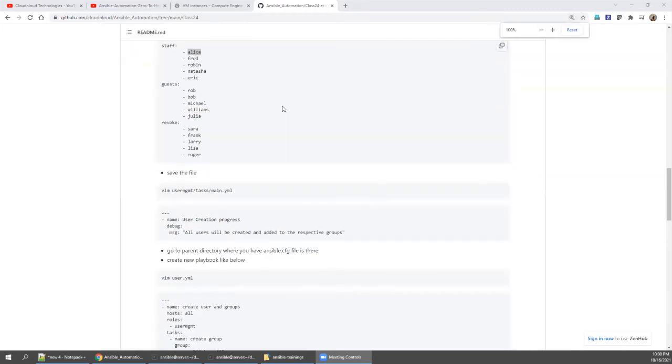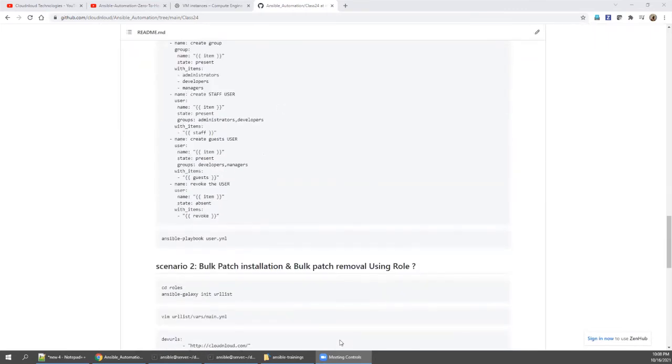So come down, the third play, we can go here, the same guest. So the same, each value will be assigned here because we have mentioned the section name, right? So the section will be searched in the role, and each value will be fed here. It will be created since it's present, and then this group also will be associated.